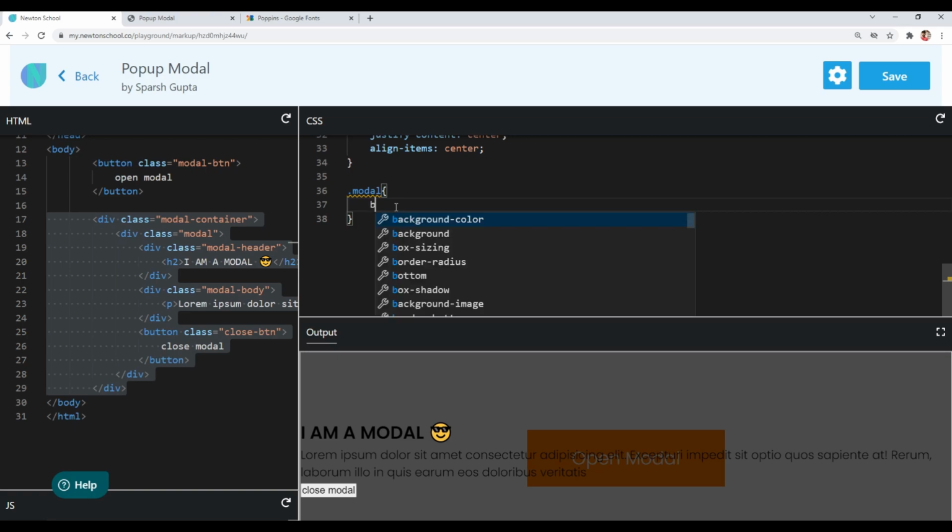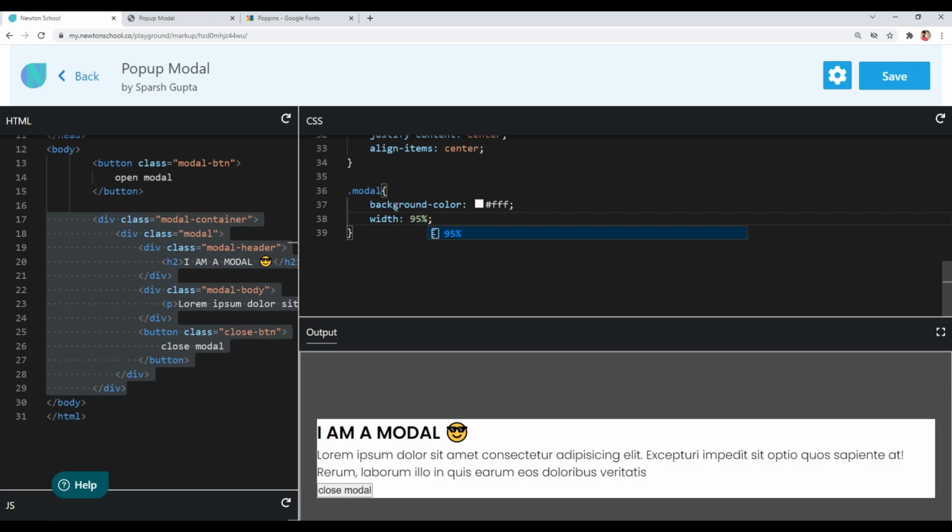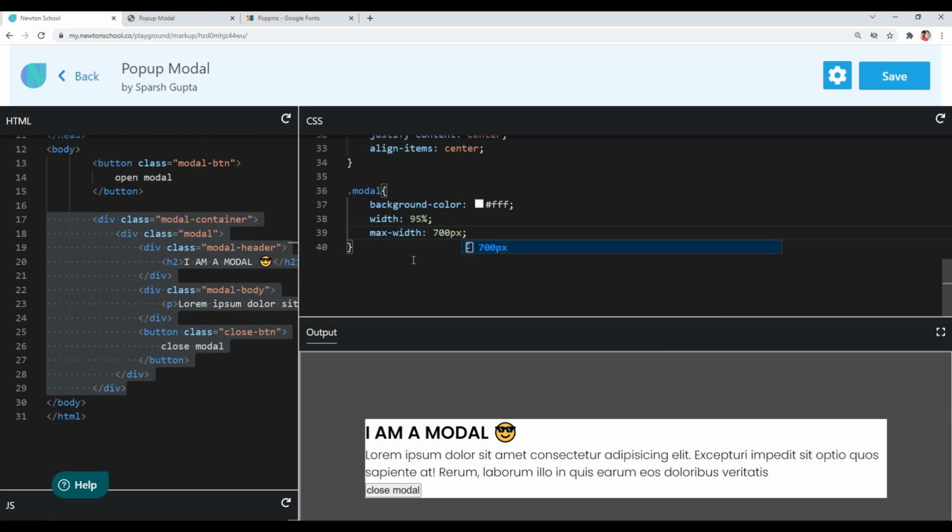First of all, I want the background color to be white. Also, I want its width to be 95%. But I don't want the width to exceed 700 pixel. So I will define a max width also, and I will give 700 pixel to our max width. Now our modal width will not exceed the 700 pixel mark, and that is what we need.